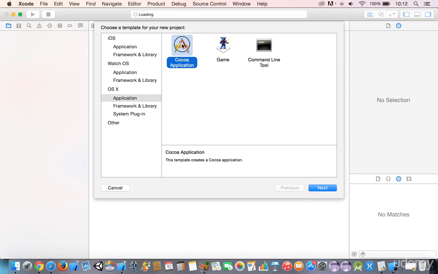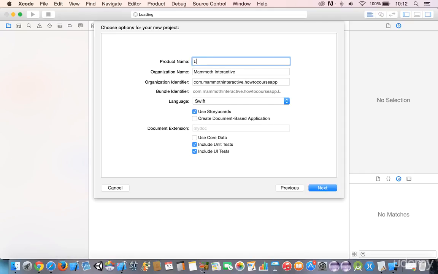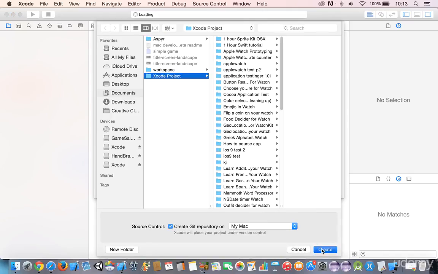So let's hop into the application here, and let's hop into the Cocoa application, and we'll say this is tip calculator, just like that, for OSX. And I think I already have one like this here. So we'll just put P1 at the end, which stands for Prototype 1. You can put in your organizational name like Mammoth Interactive, the language is Swift, and the rest of this is pretty standard. Okay. Now we're going to go ahead and push Next here, and it should create your own Xcode